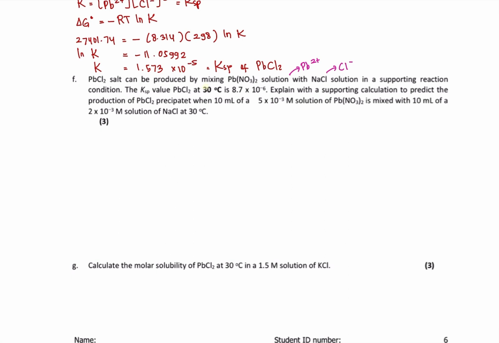Before, we calculated at 25 degrees Celsius, but now we have the data of the KSP at a different temperature. Here it is 8.7 times 10 to the power of minus 6, and then explain with the supporting calculation to predict the production of PbCl2 precipitate when 10 milliliters of lead nitrate solution is mixed with sodium chloride solution. So in this case, we are going to calculate the concentration or the mole of the